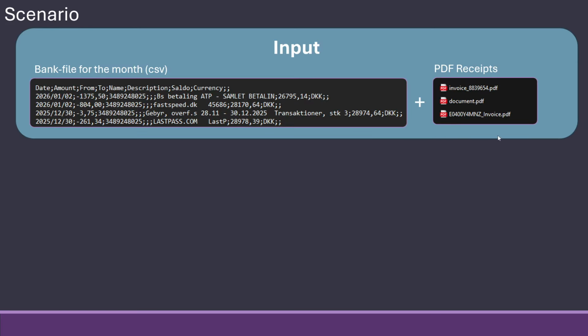And in the same manner, when you get the various PDFs, of course, inside they say what they are, but they have very rough names like document.pdf, invoice, something that doesn't have any reference to anything else. So that's what we're dealing with in terms of input.